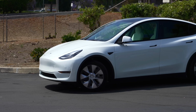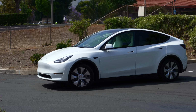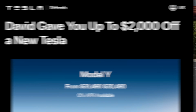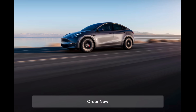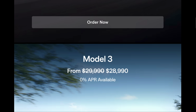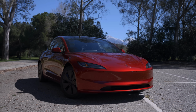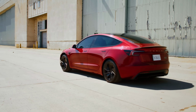Then, if you're buying a new Tesla model, always check videos, forums, inventory trackers, and Tesla's own website before pulling the trigger. This can literally save you thousands of dollars, since if you order a car without a referral link, it's too late. If you do, it can save you $2,000. Waiting just 6 months after a new model launch can often save you thousands as well and ensure you get a better built car. But if you're happy with what's available now and at a cost you can afford, go for it, because at the end of the day, driving a Tesla is its own